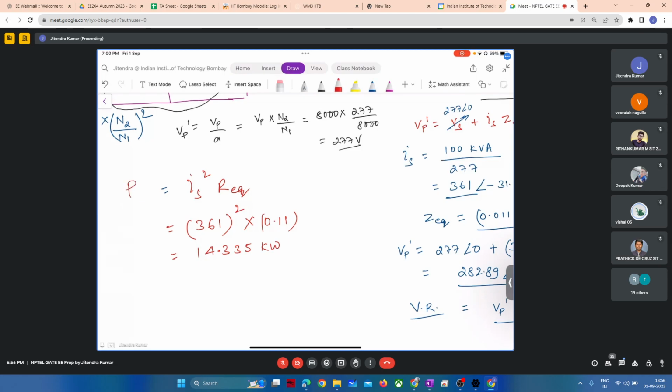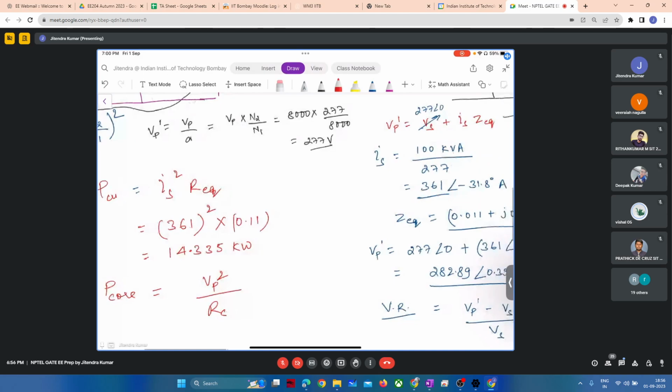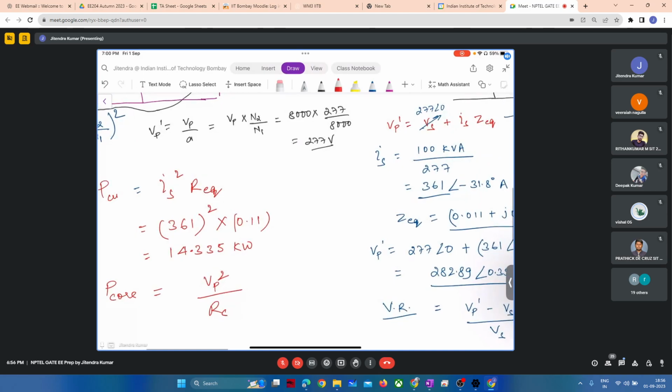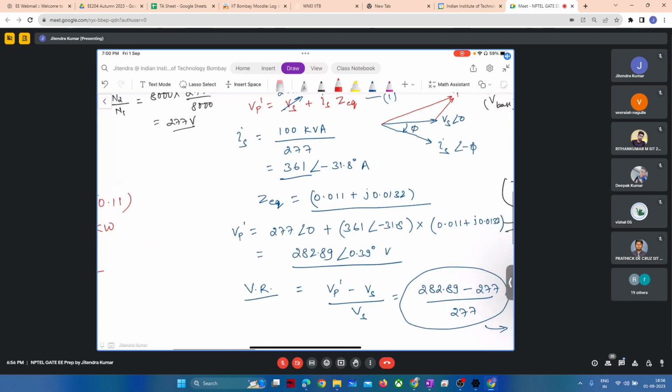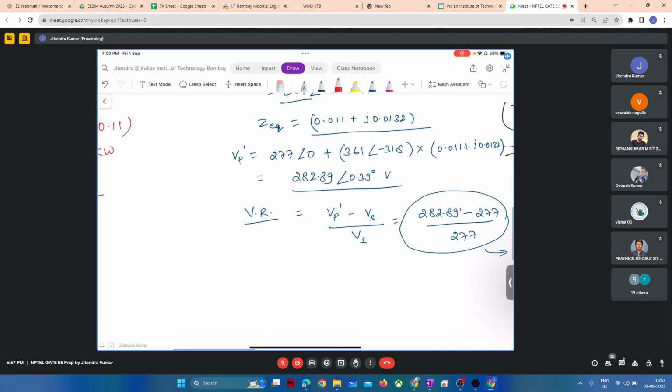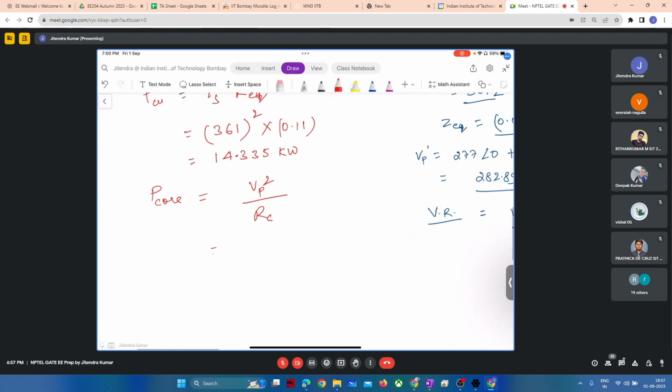this is the copper loss. Now, how to compute the core loss? That will be nothing but VP squared divided by RC. VP we have computed. We have got VP as 282.89 here. It is 282.89 whole squared